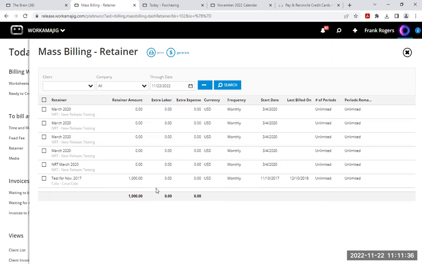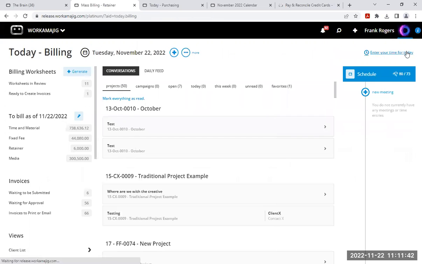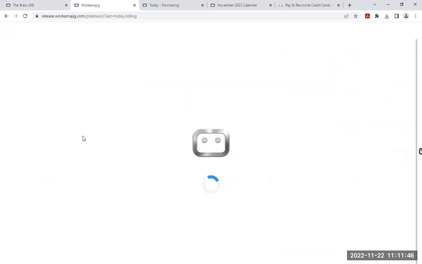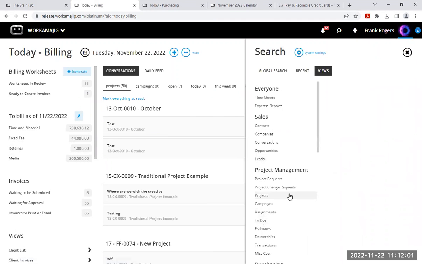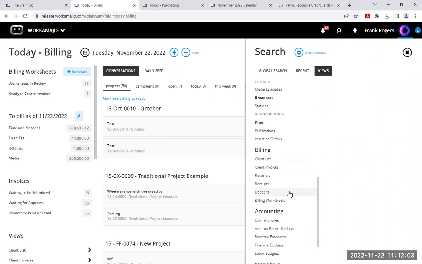So now I have an invoice for $5,000. Notice that it's no longer showing in here because we just billed it and it's no longer available to be billed. And if I refresh my browser again, this would happen within 3 minutes on its own, but just to show you the change here. Now that won't be 6,000 again until next month when that retainer is ready to be billed again. So if I want to look for my retainers again,